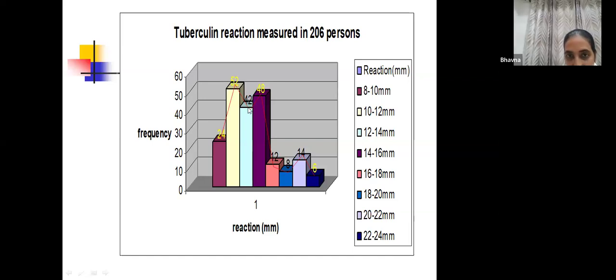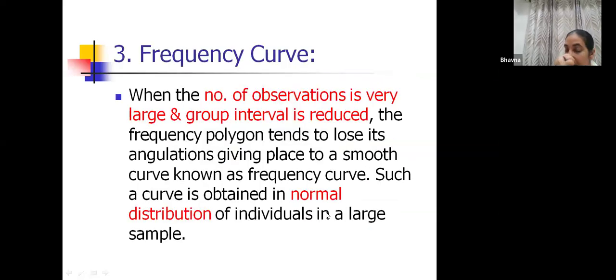Then we take the midpoint of this blue bar, we take the midpoint of the purple bar, the midpoint of the peach bar, the blue bar, the light blue, and the navy blue. So we just draw straight lines and join them. Straight lines have to be drawn from the midpoint of each vertical bar. So now what do you get? You get a frequency polygon, okay? Frequency curve.